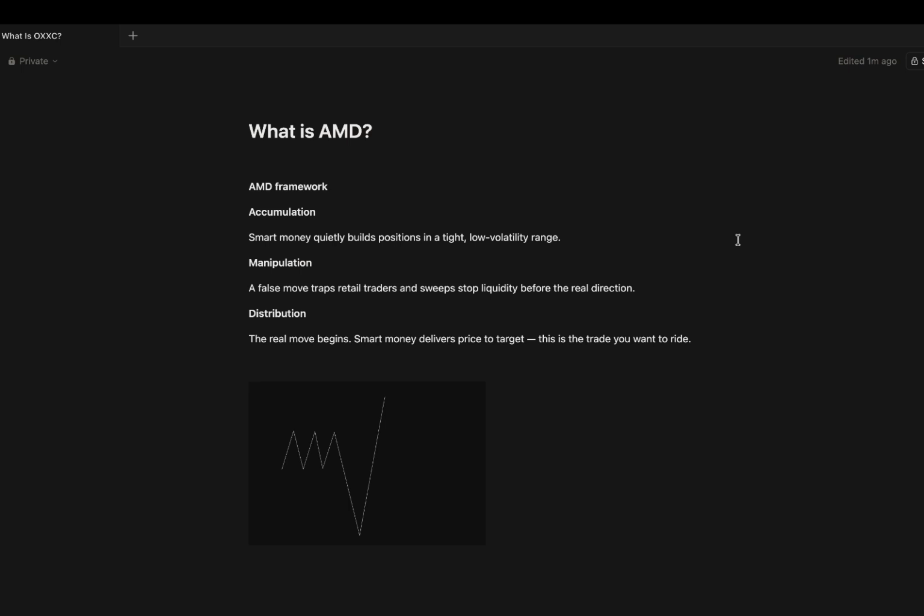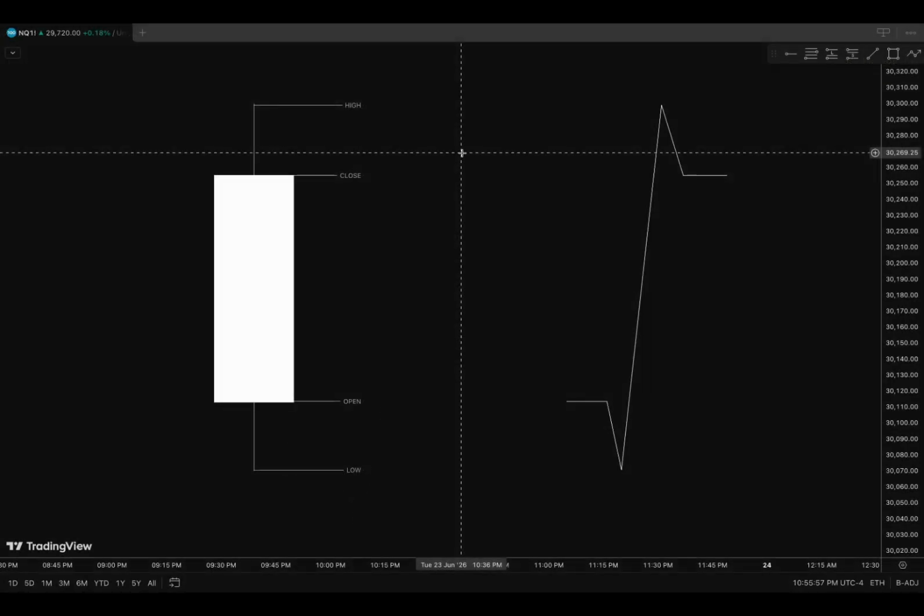So I'm gonna go into TradingView and show you guys an example of what open high-low closes look like and how you guys could pair them with the AMD to get better trades. Alright, so we're in TradingView now. You can see I have an example of a bullish candle, an open low high close, and I'm gonna get into why we are using this candle and what's so important about us using time-based candles instead of just taking any AMD or any